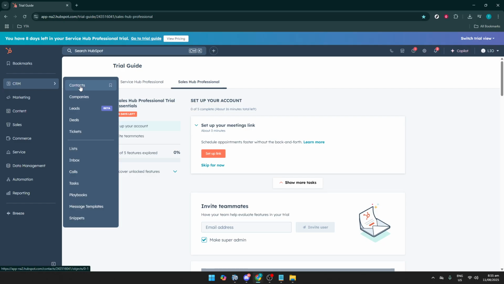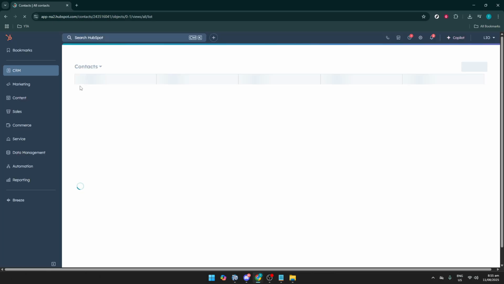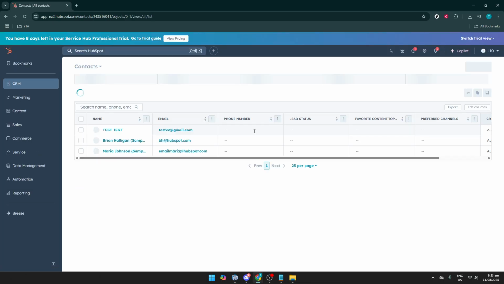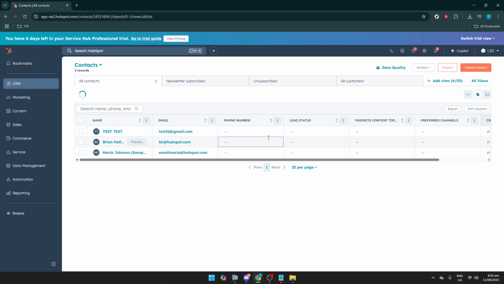your customer relationships. After you've clicked CRM, direct your attention to the Contacts tab and click on it. This action will display a list of all your contacts. This Contacts section acts as your digital Rolodex, allowing you to keep track of all the individuals and companies you're